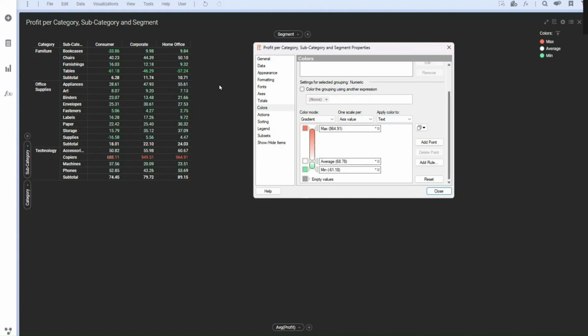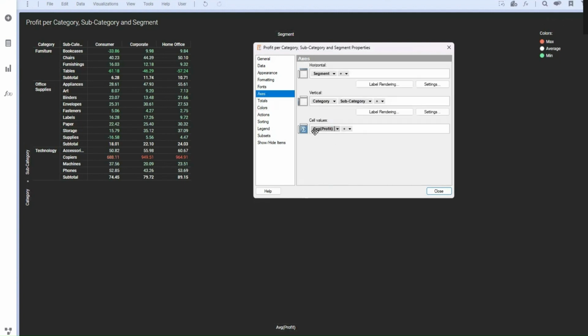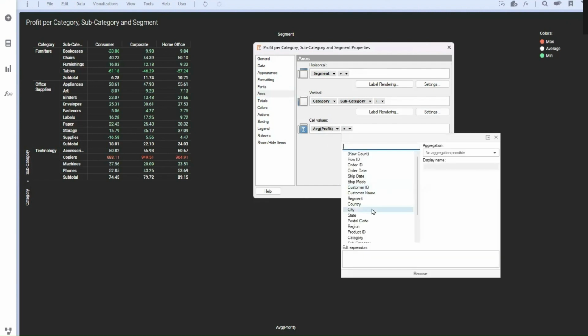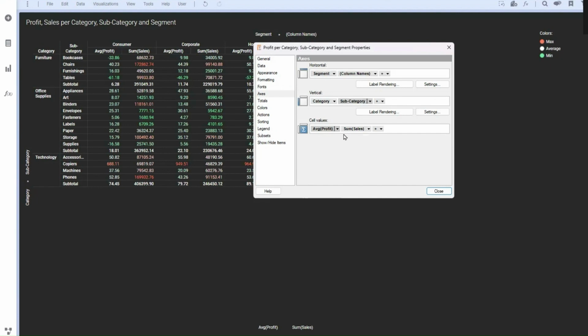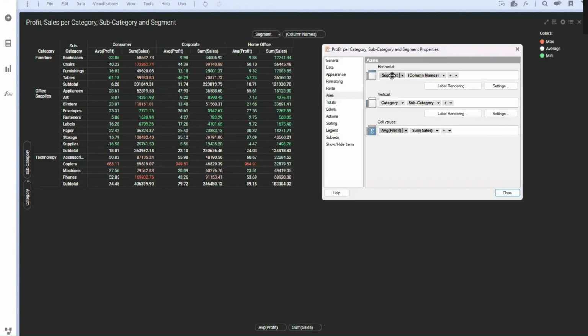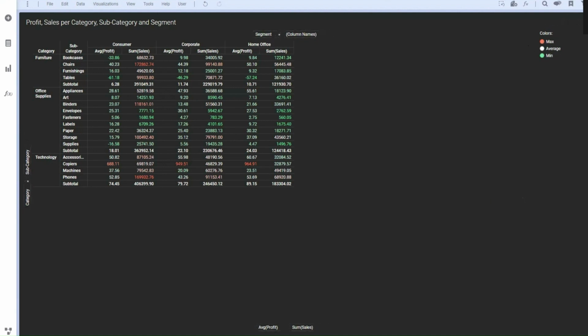So the key benefits of using cross table is you are able to aggregate data at the axis, such as average profit, or let's say I'm taking it in comparison with sales as well. You can use multiple aggregations on the values axis. You can split data on the horizontal or vertical axis to split the things, and you will be able to have a brief summary of the whole data itself. It will respond to the filterings,